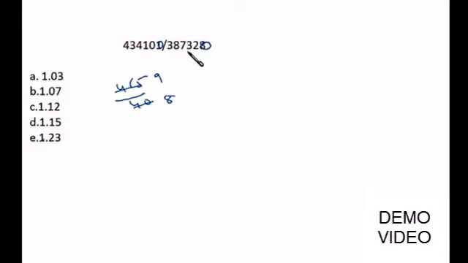So if you divide this by this, the first number of the quotient will be 1 only, because the numerator is bigger than the denominator. So you got the first step as 1, the first digit of the quotient as 1, which we are having in all the options, right? So now the first digit is clear to us. Now what? After that there is 3, 7, 12, 15 and 23.